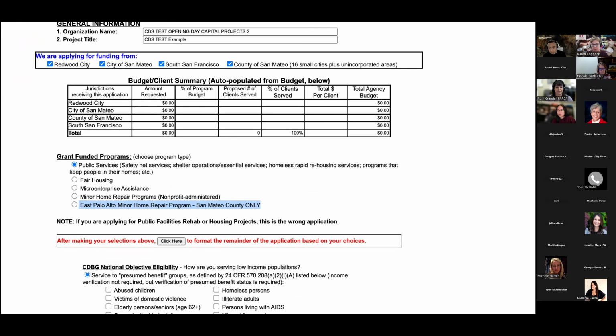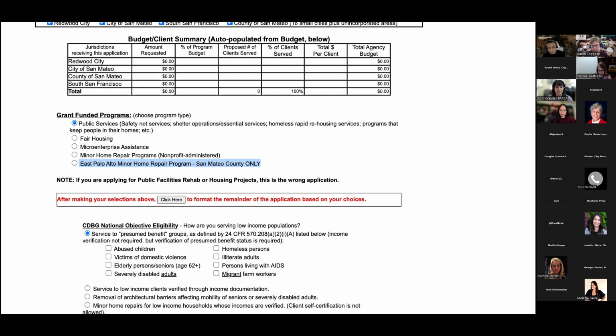And therefore, you would use the joint application. You need to do a specific application for that funding separate from other programs. And you would need to note in there, there is East Palo Alto. So you would do the joint application. You would mark the East Palo Alto one, and this would be specific for those funds that are available for the program in East Palo Alto.